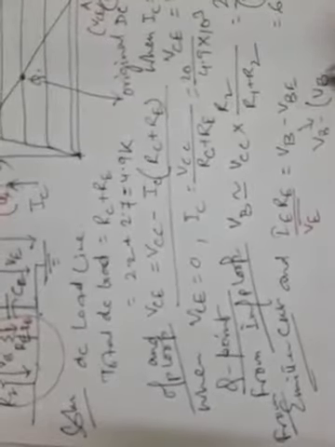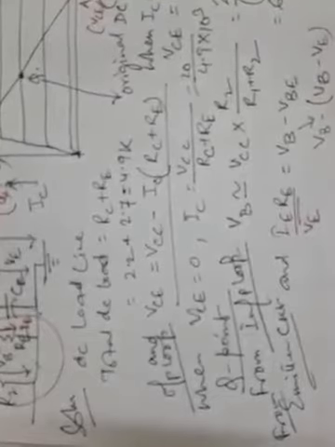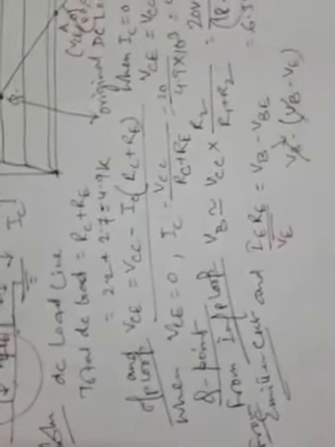You can check from here also. VB minus VBE means you can write VB minus VB plus VE, so VB cancels out, and this is VE. So actually whatever is VE is IERE. Okay, so now put the values. How much is IERE? VB is 6.3 we have found, minus VBE is 0.7 volt, we generally assume. So this is 5.6 volt.